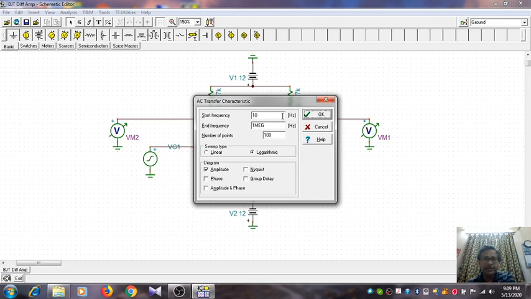So let us start from 10 Hz, but for the end frequency, we know that normally the frequency range of this differential amplifier is much higher than 1 megahertz. It may go as high as say 20 megahertz. So why not keep the range a bit larger? Let us choose the stop frequency to be something like 50 megahertz or say 40 megahertz. If we keep it 40 megahertz and the number of points is 100, then it will serve our purpose. Amplitude is given, phase we do not require, so we just click OK.